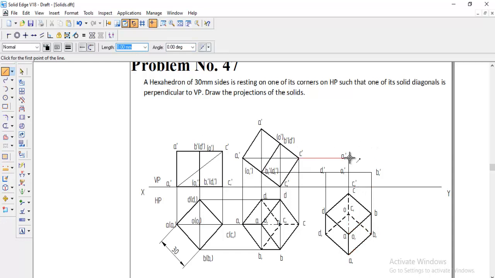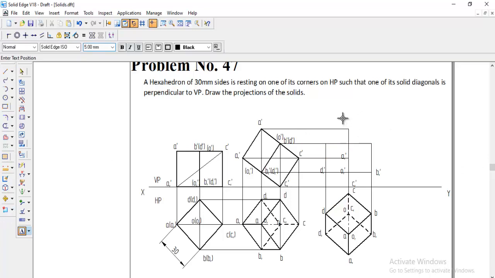Let us start with the A. A is here in the same line of this. We can just extend it, and A dash is here. We can get the A dash on this point, and here B dash is also coming in the same line of this, and we can get the B dash here, and C dash is on the point here. We can get the C dash, and then D dash is on this point. We can get D dash here, and O dash will be on the same point of this. Okay, let me name it.